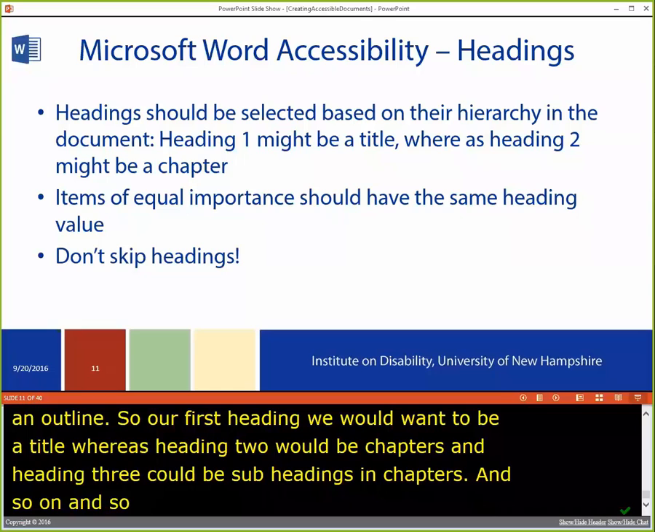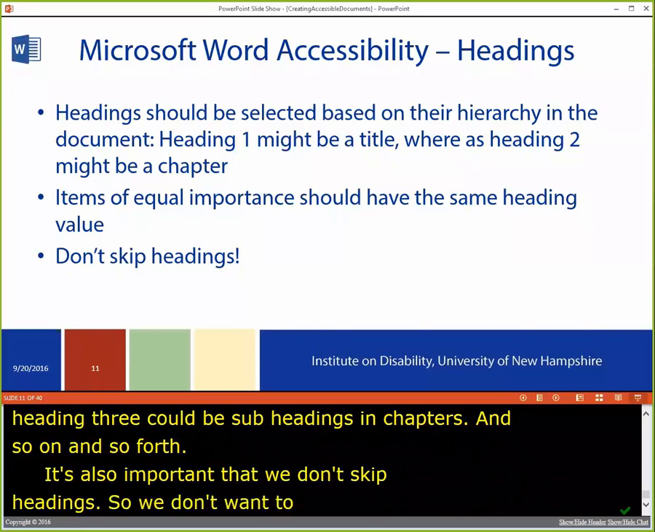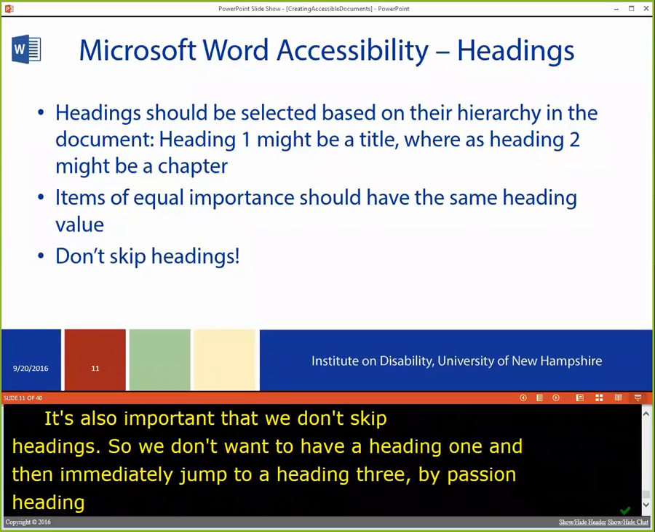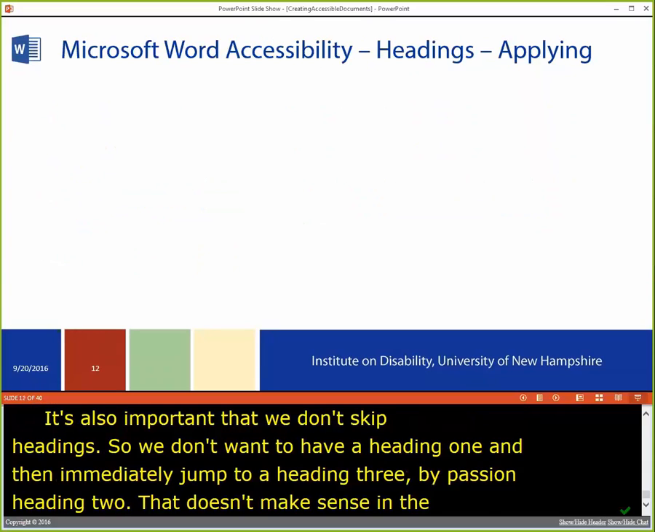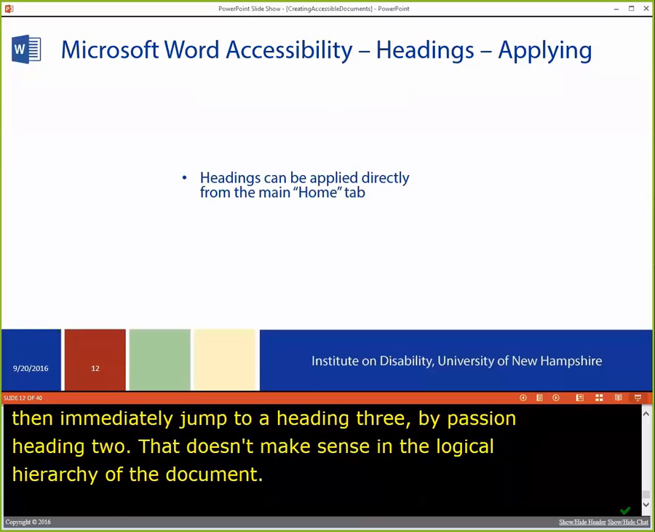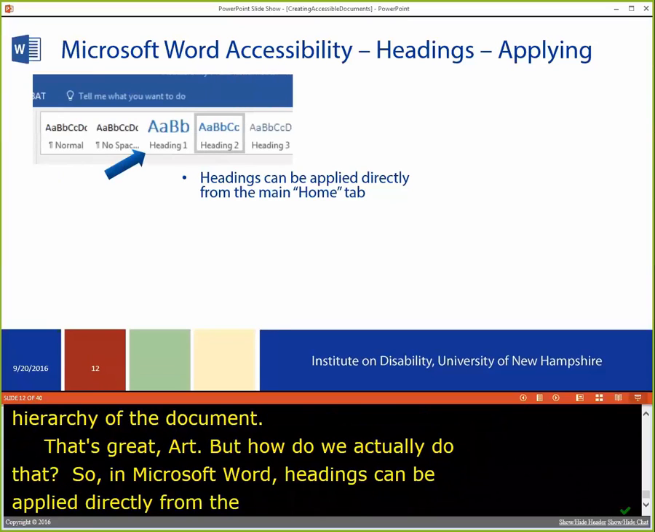It's also important that we don't skip headings. So we don't want to have a heading 1 and then immediately jump to a heading 3, bypassing heading 2, as that doesn't make sense in the logical hierarchy of the document. So that's great, Art, but how do we actually do that? In Microsoft Word, headings can be applied directly from the main Home tab. I'm sure everybody has seen this menu,